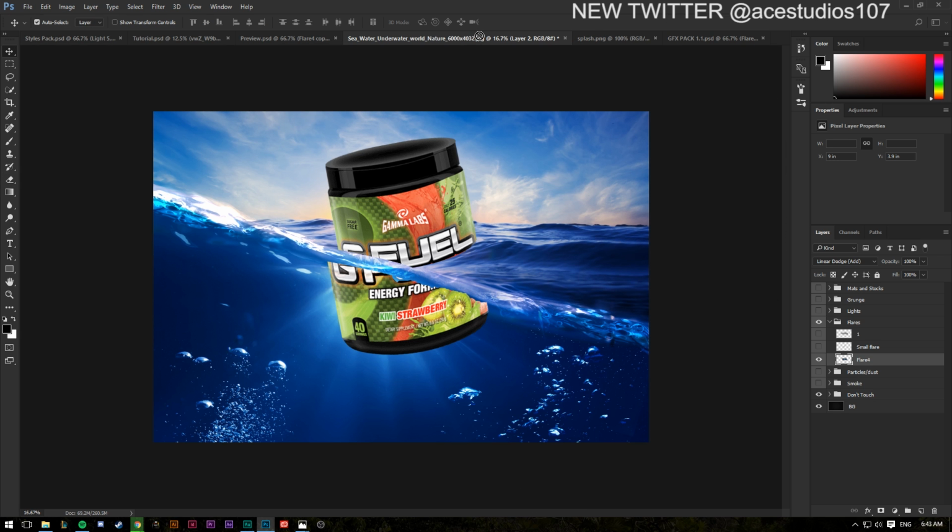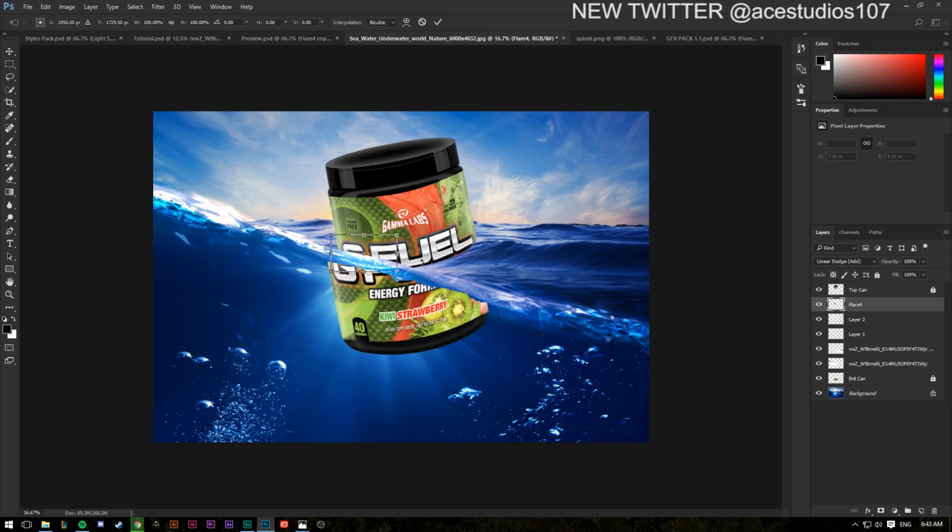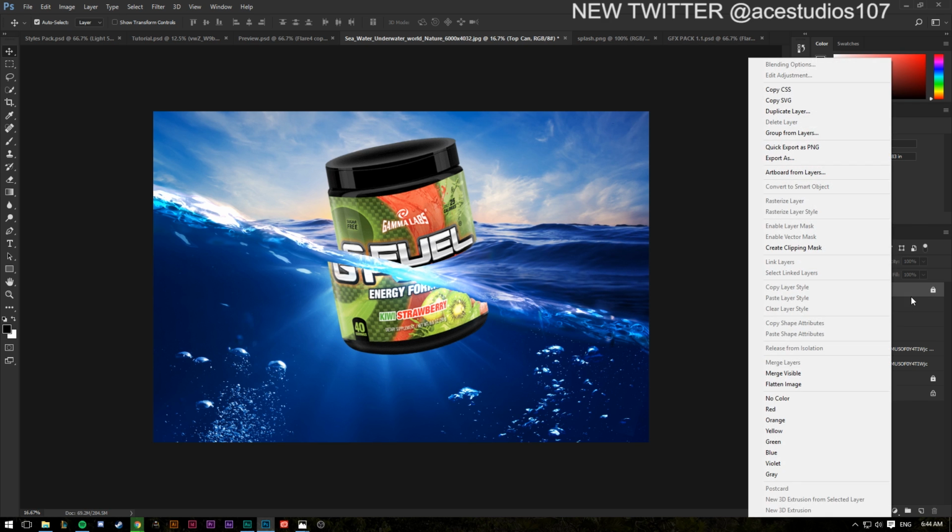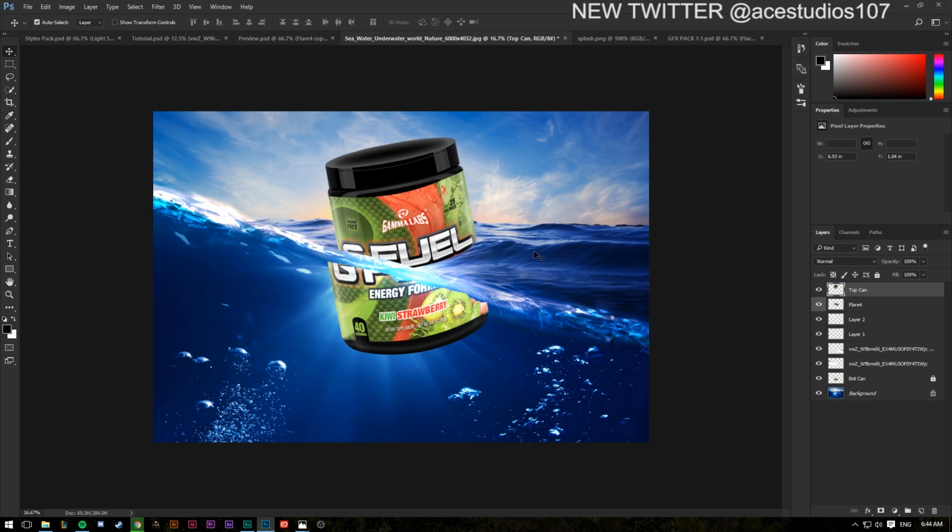Okay, so I'm gonna bring this one into the document. Press Ctrl T, resize this one up. Alright, sweet as. And just kind of drag that onto there. Alright, now we're going to need to apply some effects because currently that water edge is looking pretty good, but